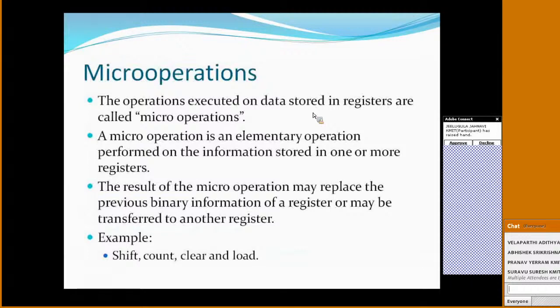Discuss after this, register transfer. Next, coming to this micro operation. I already told you that whenever you want to execute any instruction, something like C equal to A plus B, you will retrieve the values of A and B from the register, right? And whenever you are executing any